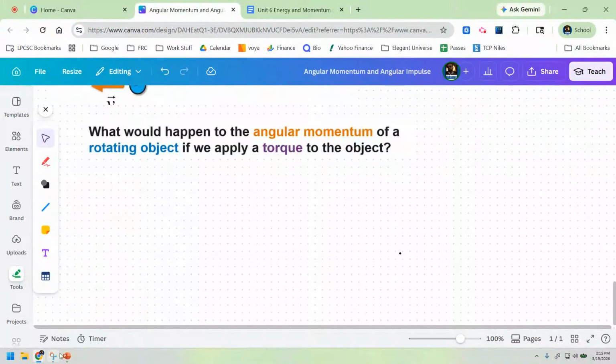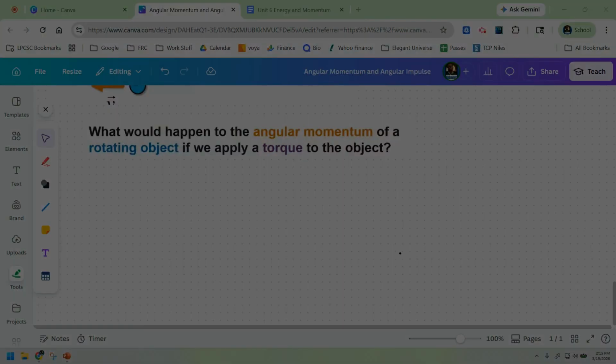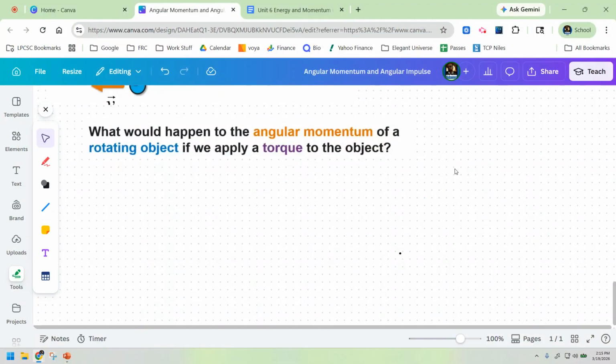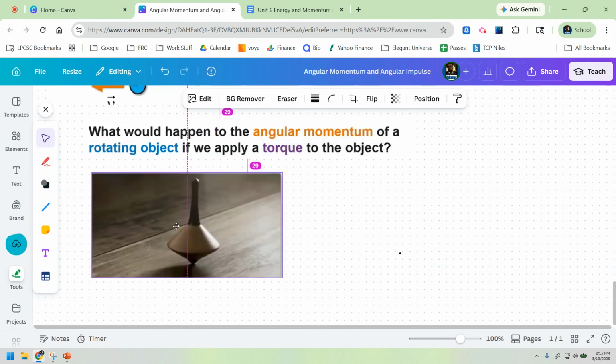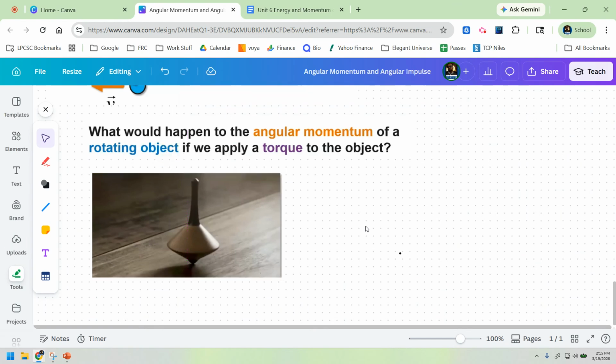So what would happen if I applied a torque? What would happen to the angular momentum of a rotating object if I applied torque to the object? So this is like a top spinning, right? Well, there's a lot of stuff that goes on. The sum of, first of all, remember that